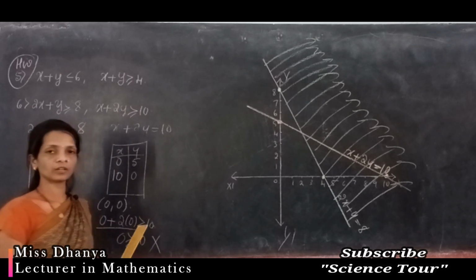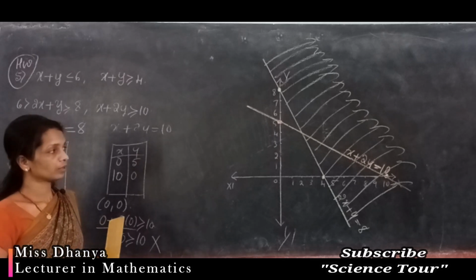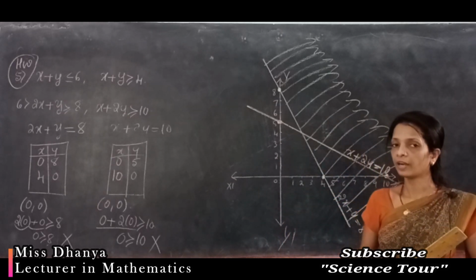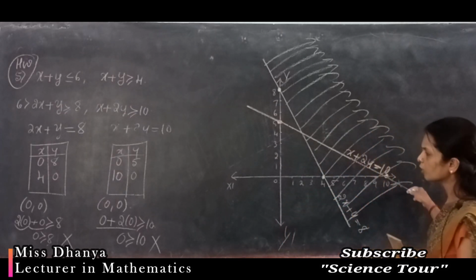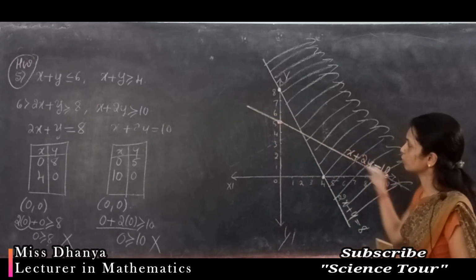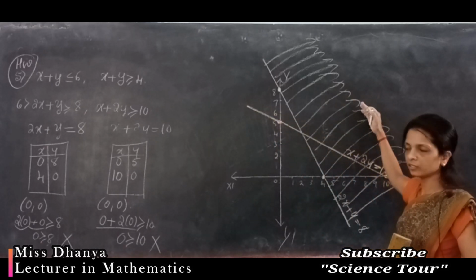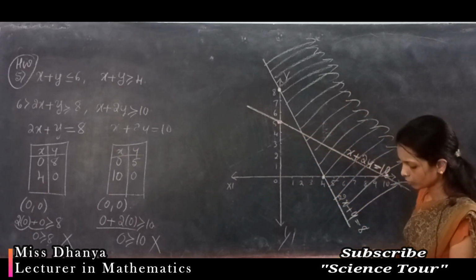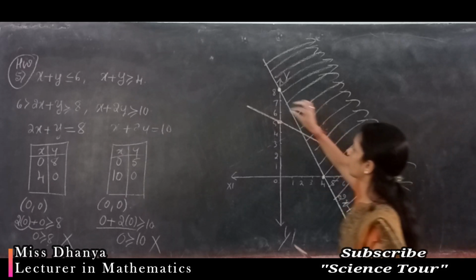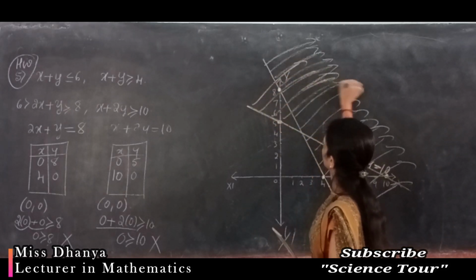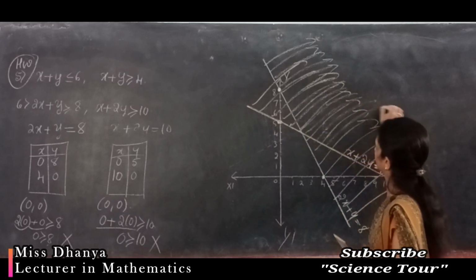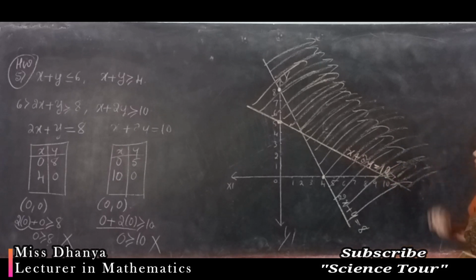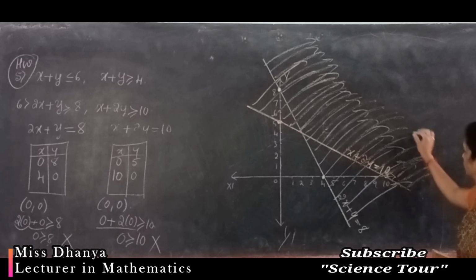Okay, since you got the wrong inequality, now you have to shade the half plane not containing the checking point. In which half plane you are not having the checking point, that half plane you have to shade. Okay, now this is your line of x plus 2y is equal to 10. In the upper half plane of that line, you are not having the checking point, that is in the lower half plane. Okay, so you have to shade which part? You have to shade the upper half plane. Okay, so shade that. So now this is the solution region